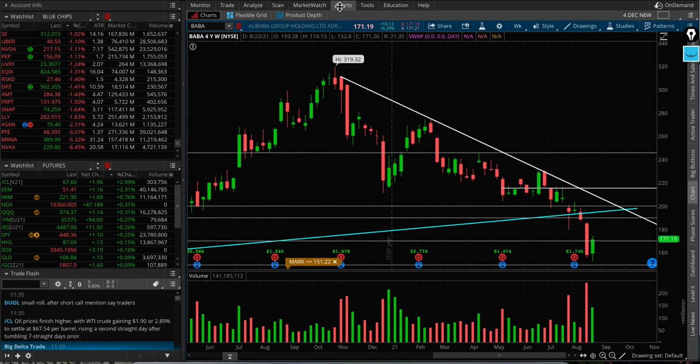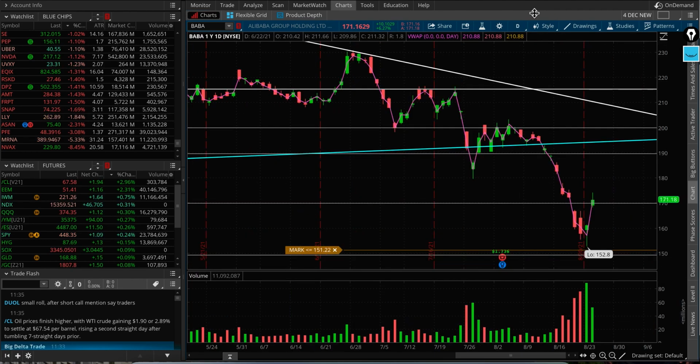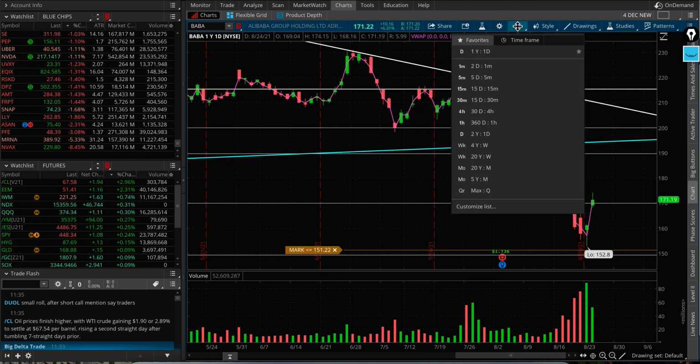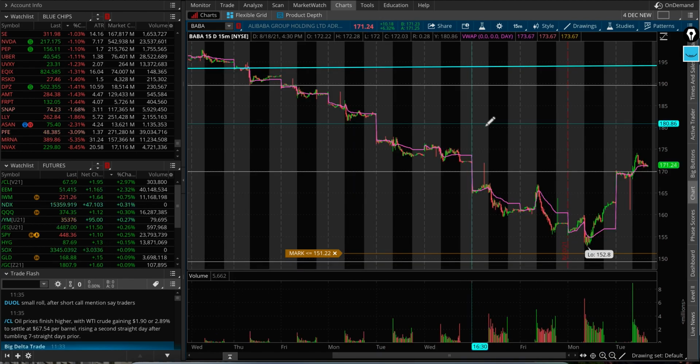After that 6% move, I'm not in a rush to chase. I missed yesterday's bottom. I didn't trade it. A lot of Chinese stocks bounced pretty big, not only Alibaba, but